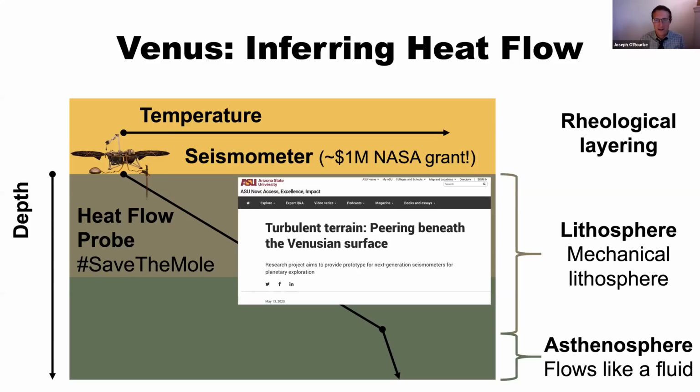The other way we could directly infer the thickness of the lithosphere is with seismology. And right now there's no seismometer that could survive on the surface of Venus for as long as you would need to actually measure some Venus quakes. But just a couple months ago, actually, an ASU group led by Lenore Dye, who's the head of SEMTI, including a bunch of CC COIs, including me, were awarded nearly $1 million from NASA to build a prototype seismometer. So we can't do seismology on Venus yet, but stay tuned. Maybe stay tuned for the next decade or so, and we can get it done.